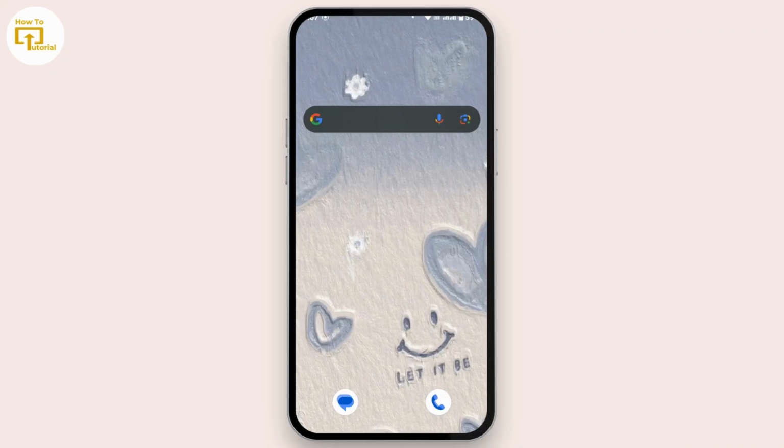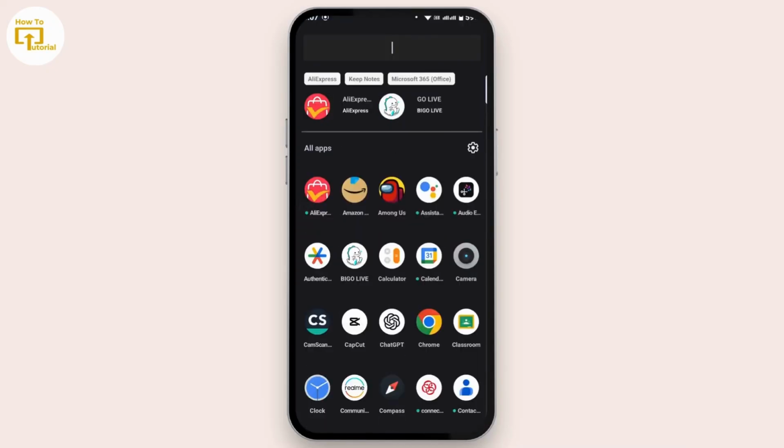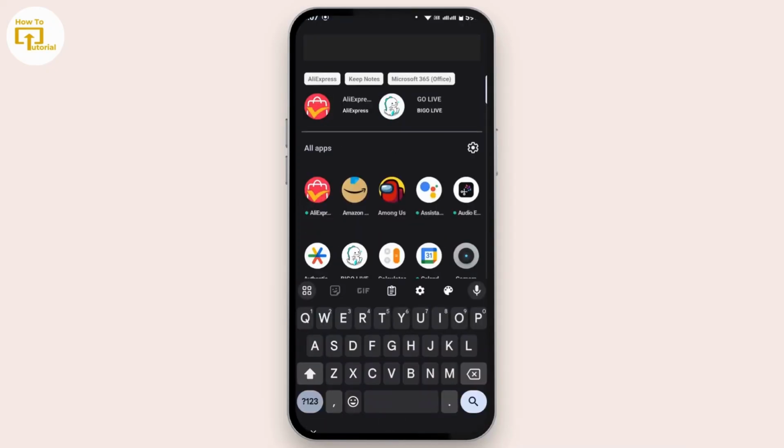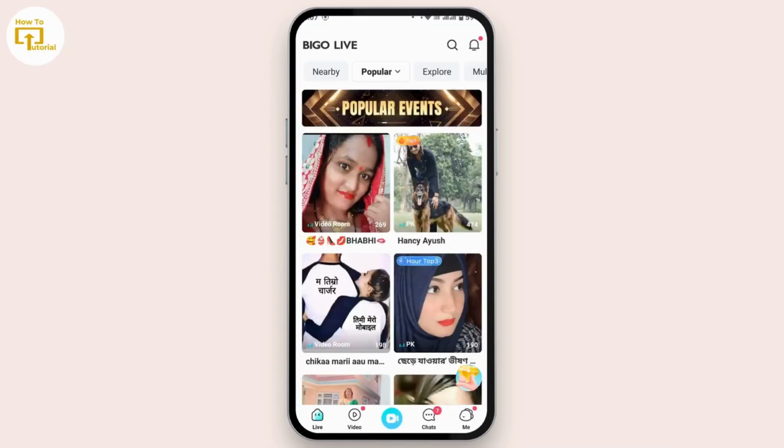On today's tutorial we will see how we can search for someone in BIGO Live. So let's get started. First of all, open a BIGO Live application in your mobile device. If you don't have one, install it from Google Play Store. Once you install it, open up the application and you have to make sure that you're logged in with your